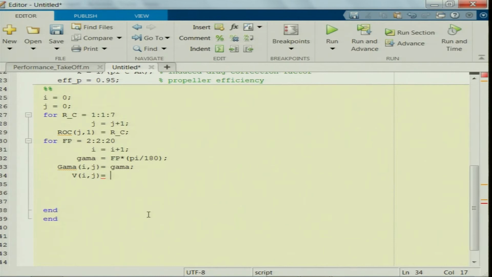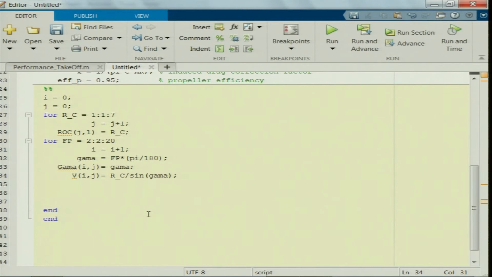I wish you might have already got used to this environment and started using MATLAB as well. With that assumption, I am proceeding to solve this. V of I comma j is equal to rate of climb upon sin gamma, right. So, r underscore c upon sin of gamma, which is gamma here.